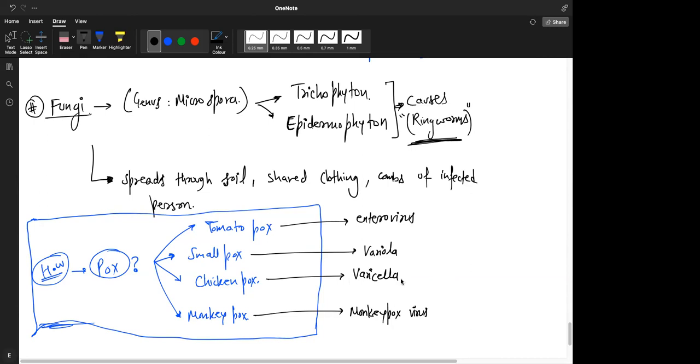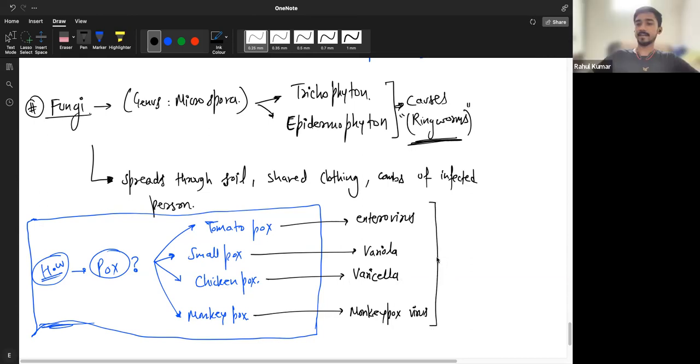Okay, but all these are viruses, right? They are all viral infections, just like COVID, correct? COVID is a viral infection, yes, sir. But they end up causing pox of some kind on the skin, lesions. And these lesions, because they are on the surface, develop pus, and if you come in contact with the pox or the fluid from the pox, you can get infected.